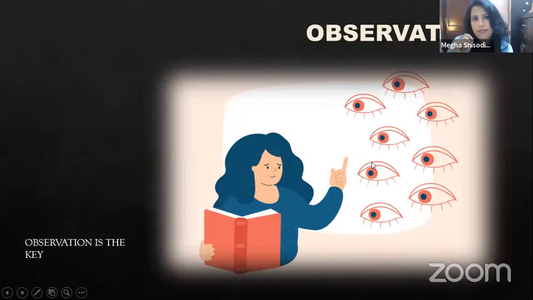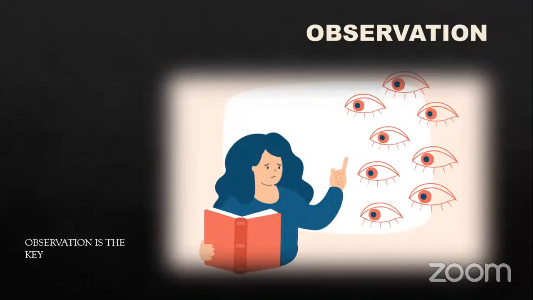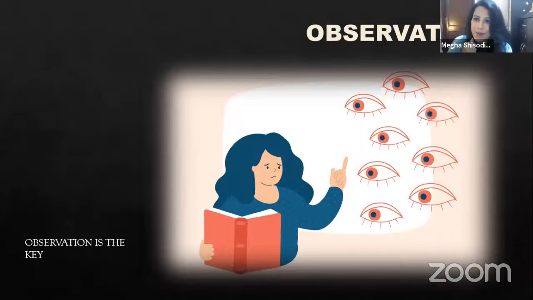Now, I will show you one small video. Someone asked how we can polish our observation. First, how will you know how good you are, and second, how will you polish it? I will give you two videos. They are activities, and with those activities you'll understand how good you are. Then I'll tell you how to polish it.